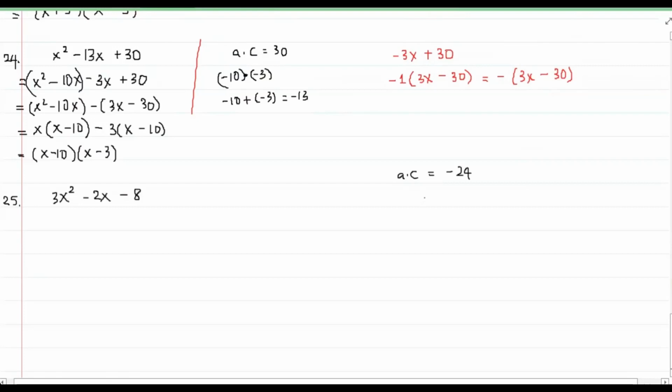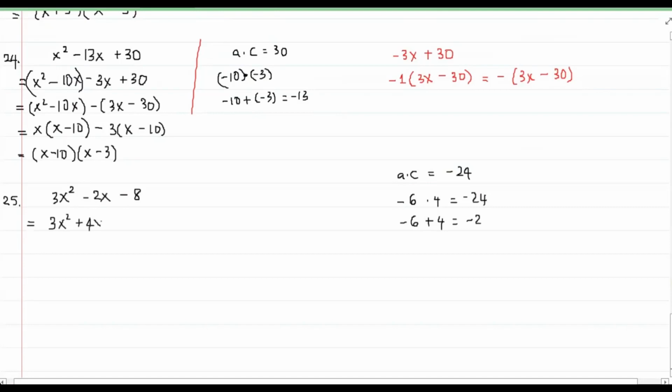Now, two numbers that add up to negative 2. That should be negative 6 times 4. Because negative 6 add 4 is negative 2. So rewrite this one as 3x squared